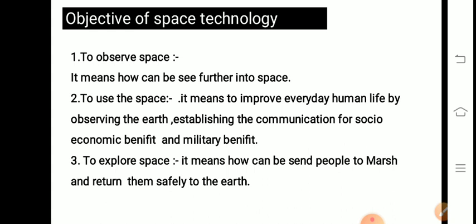Exactly in a similar way, if we want to promote space tourism, if we want to send man to space or do a manned mission like the India projected Gaganyaan mission, then after sending the people, it's our responsibility to bring them back safely to the Earth. Otherwise, I don't think anyone wants to move into space, neither me nor you. Next, so now move into the next slide.